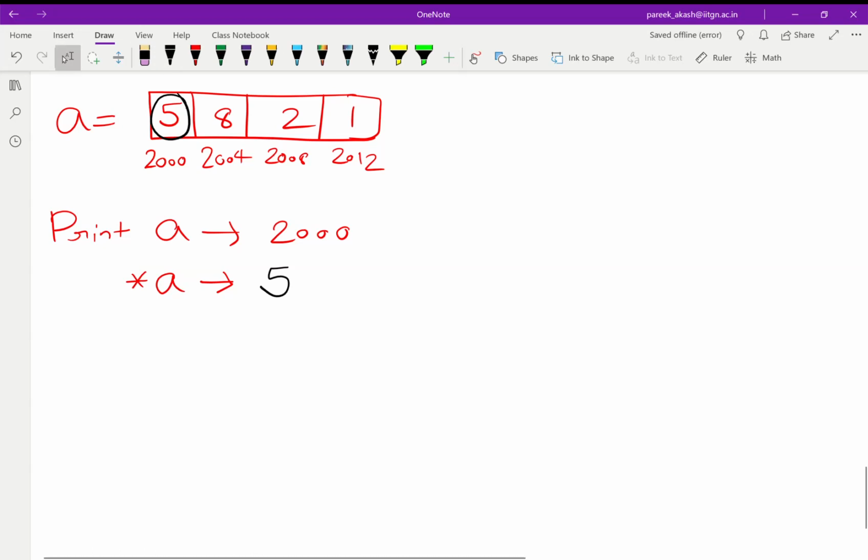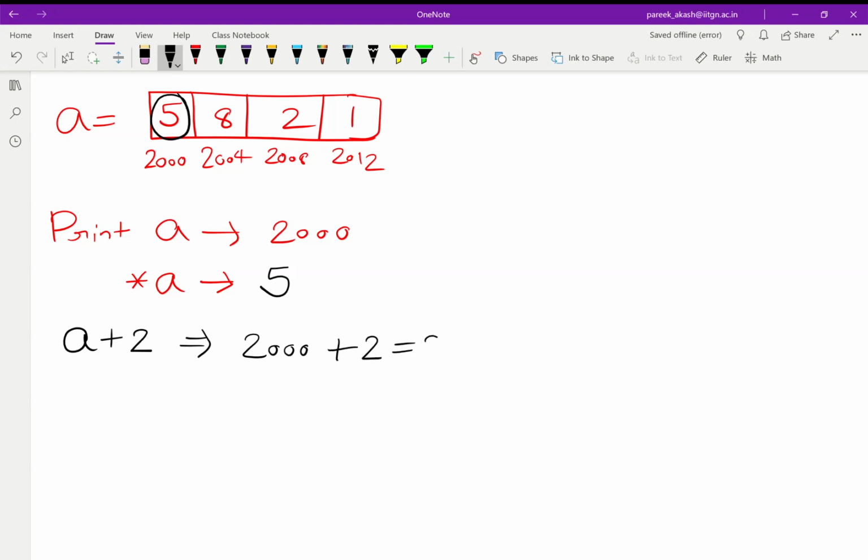And suppose we do an operation as a plus 2. We know that a is 2000, and plus 2 should give us 2002, but there is no such location as 2002. So this method of solving the pointer is wrong.